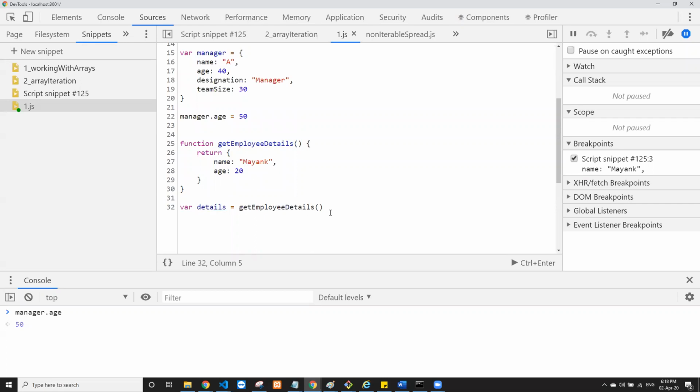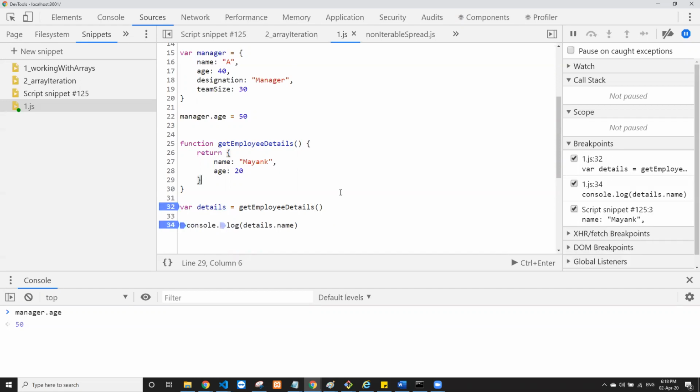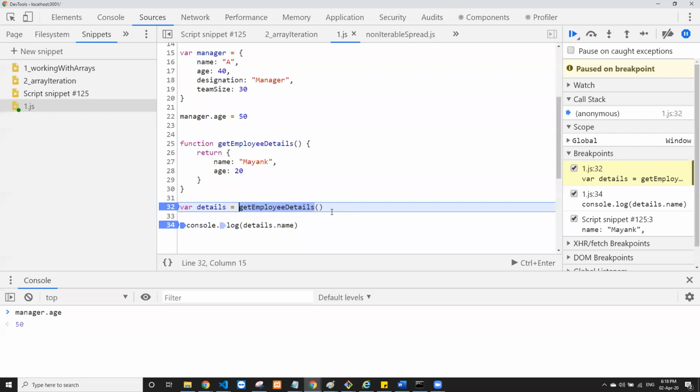So let's try. We'll say console.log, and I'll see what details dot name gives me. Let's run and put a halt on this program. Let's go, I'll press F11.